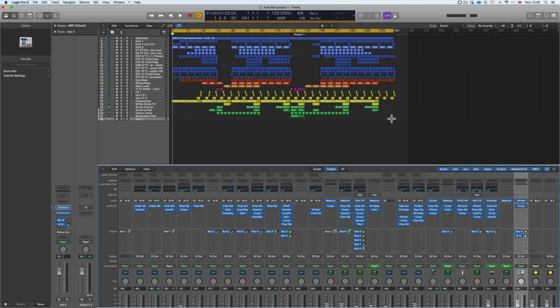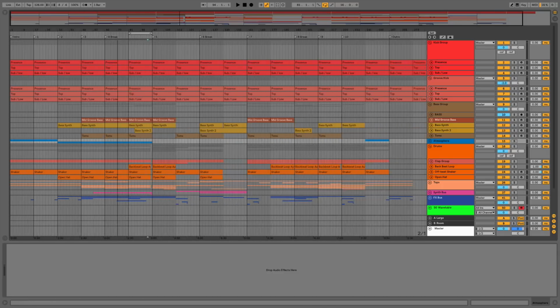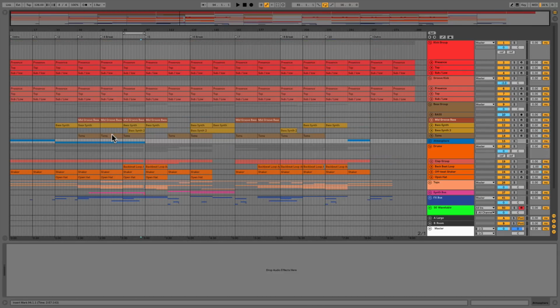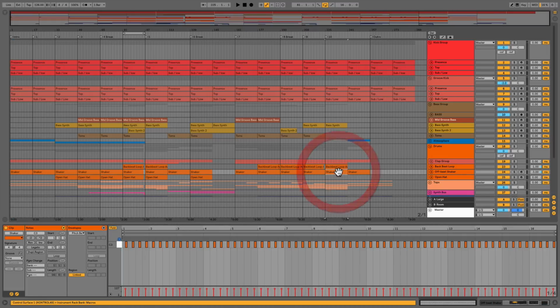If we jump into Ableton Live, Ableton Live is the only real exception for this. As you can see, we do have a very similar sort of view here. This is the arrangement view, which is plotted along the time domain. So we've got our bars and our beats, or we could also look at this as time down the bottom. And then we've got a few different windows which are going to populate either the devices or the clips. If we click on a clip, we can see the MIDI or audio.